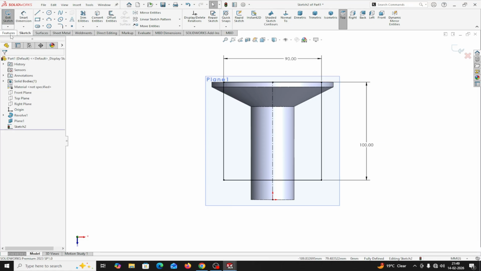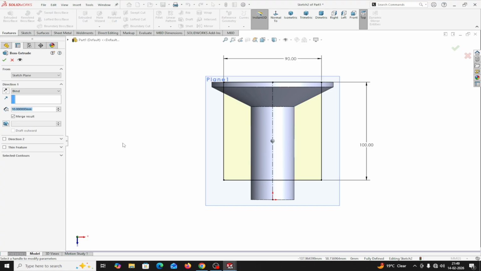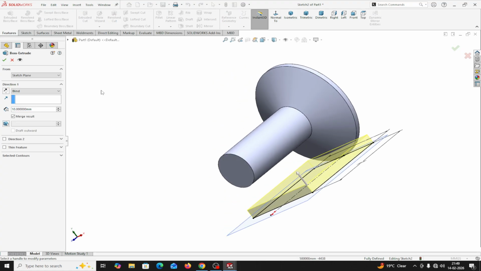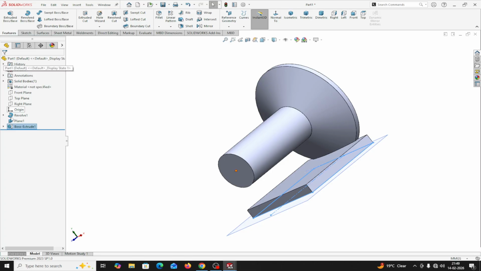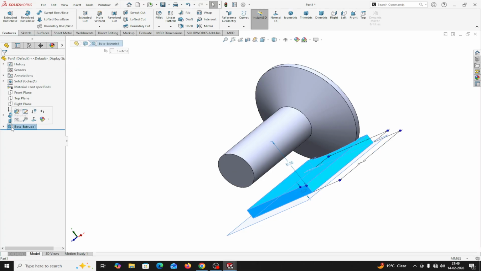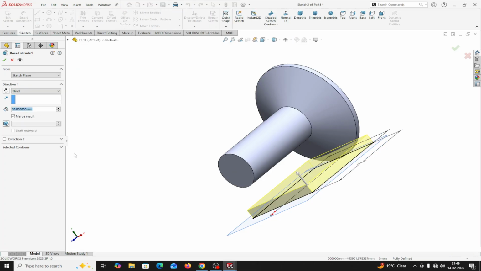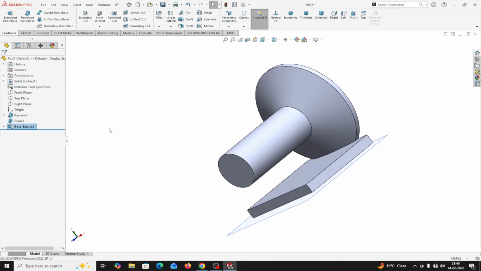Okay, now feature extrude boss base. This plate extrudes, this is going up. You can reverse the direction, but as per drawing, this is upside. Okay, and the extrusion is 10 mm, merged, because it is merging with this tapered portion. Okay, this one. And now fillet